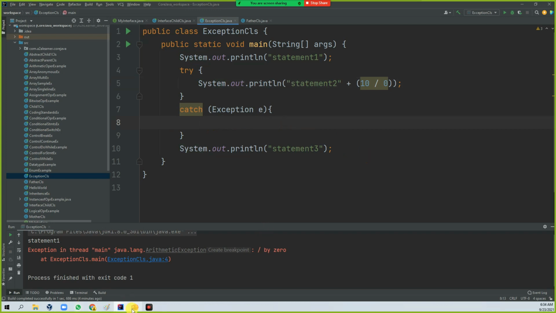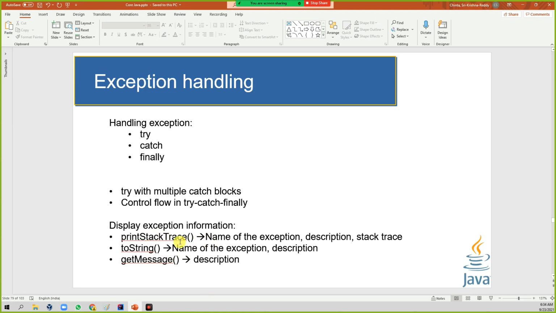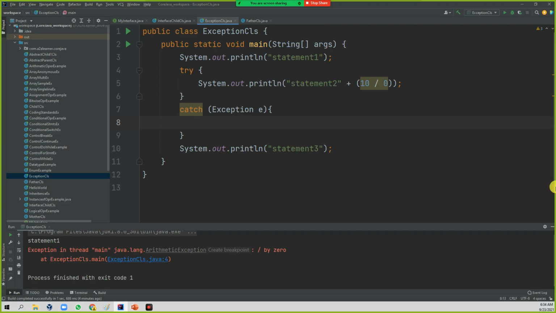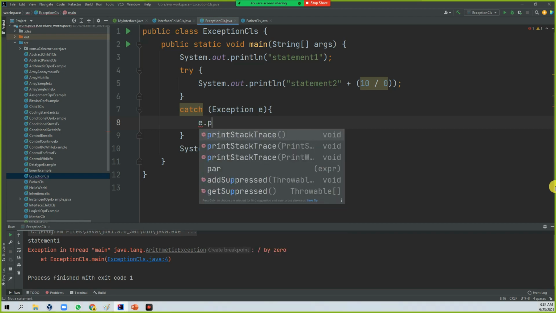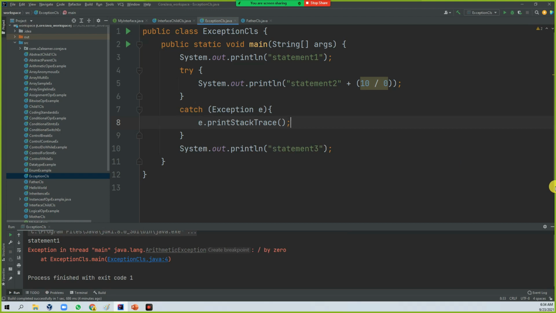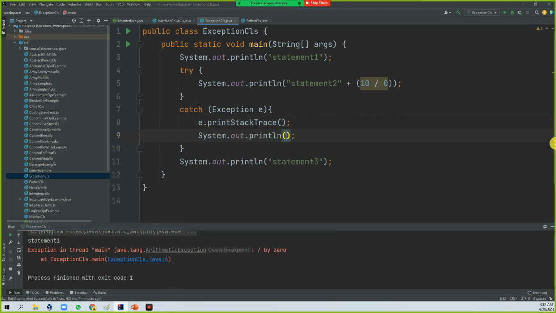So let's come back here. Whatever the display exception information is there, let's use one of the methods. I'm using the first one for the time being, e.printStackTrace. If I use this one and run the program, I can get the same output. Along with that, let's display one more statement in the catch block. So if you run it,